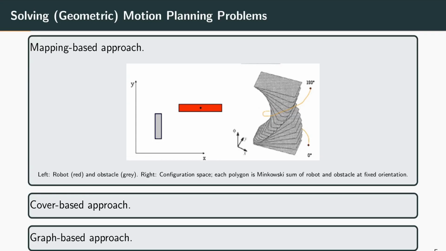And here's an example picture. What we have in red is the robot that can rotate around these axes and then also move. The black dot is the center of mass. And then this gray thing is some sort of obstacle. What we want to know is how this space actually looks in this case. So we have to consider all the different orientations. Here they discretized the orientations between 0 and 180 degrees. And then you get these neighboring, almost cell-like structures, and then you can try to find a solution by going from neighbor to